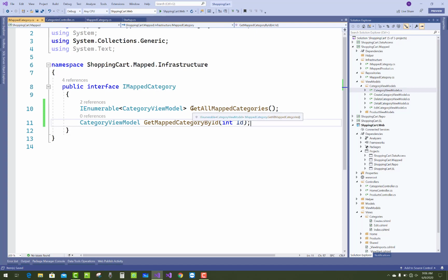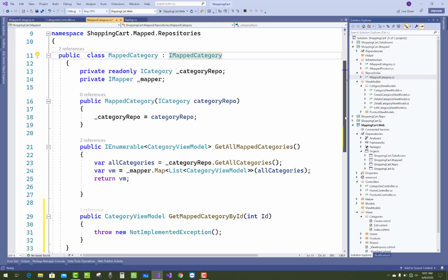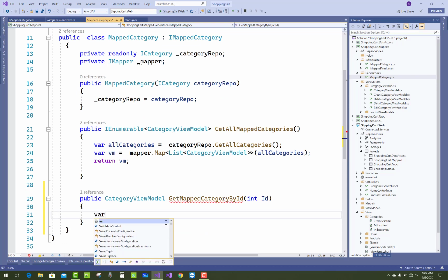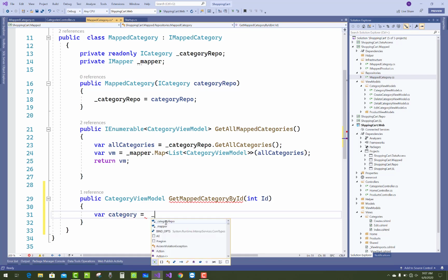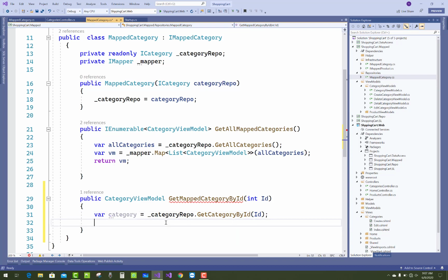Then resolve IMappedCategory with the implementation detail: CategoryViewModel GetMappedCategoryById, integer ID, and here you can pass variable category equals to _categoryWrapper.GetCategoryById, in which you pass ID.